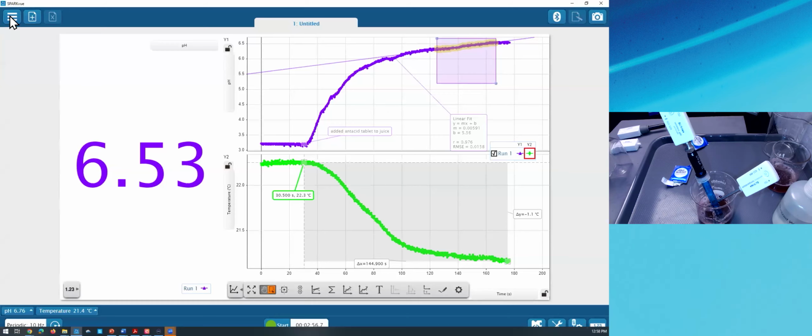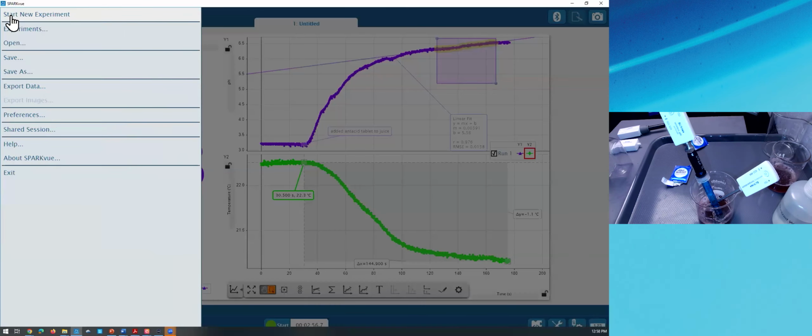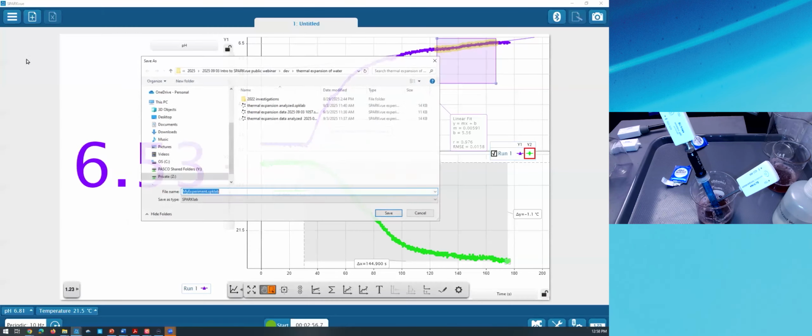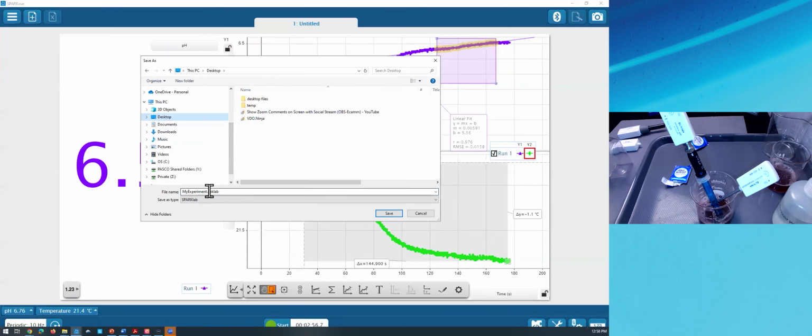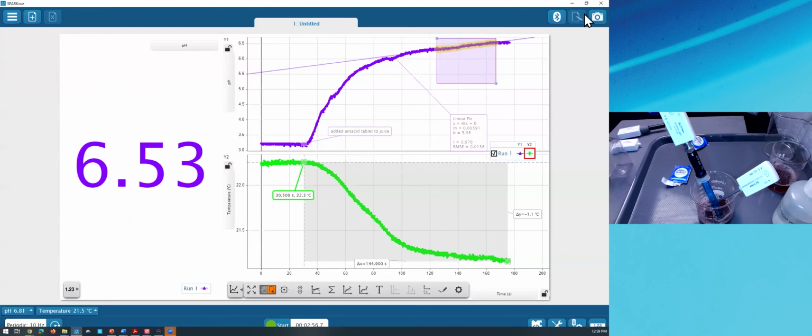I'm going to go to the main menu in SparkView, the hamburger menu in the upper left, and choose Save. And since it's the first time I've saved, it's asking me to give it a file name. Here you can see that it is a .spklab SparkLab file. So I'll call this antacid in juice data. Hit save. I'm going to close SparkView just to prove that it saved everything about it